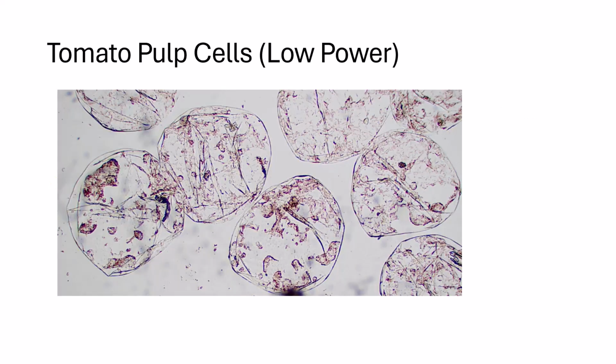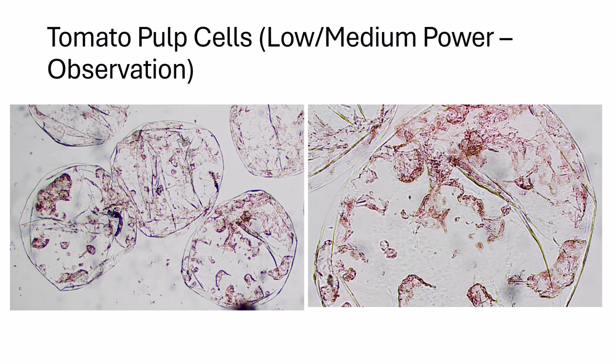Here's what tomato pulp looks like under low power. At this magnification, focus on the shape and size of the cells. This is under the lowest power. They are huge compared to others we've seen. To create this slide, the tissue is scraped with a scalpel rather than sliced, which causes them to be spaced out. Now we have both the low and medium power images, where an individual tomato pulp cell is easier to